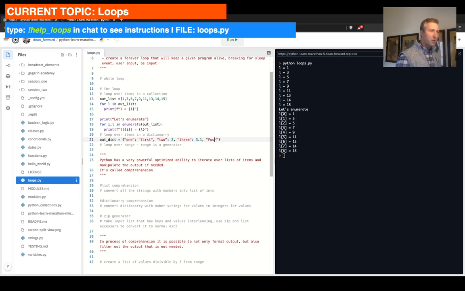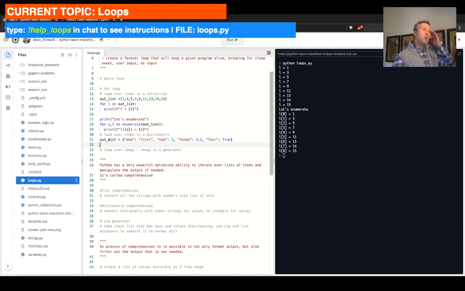4, let's do it like lowercase 4 just because, again, and it's going to be true just because we have to have a boolean somewhere here. So now we have our dictionary with 4 elements and 4 keys in it, and we are able to iterate through that using a for loop. So let's go for, and I'll just leave a value for now, v of some sort, right? So what we're doing here